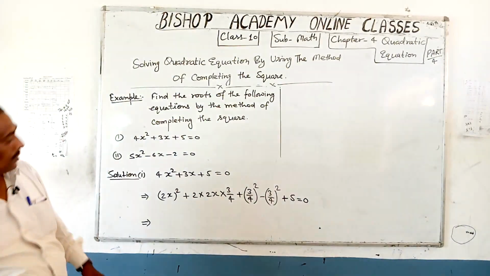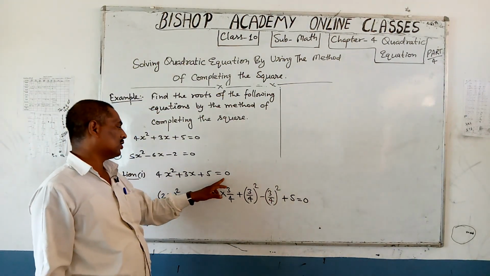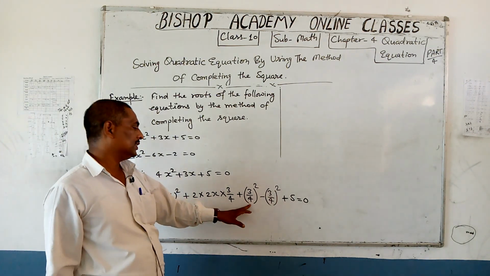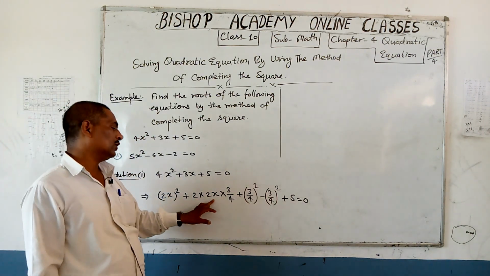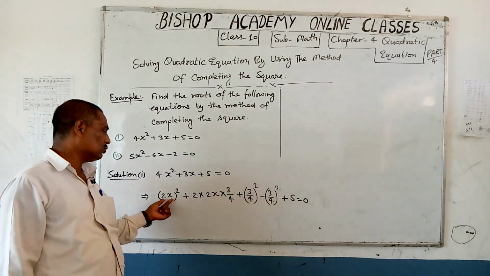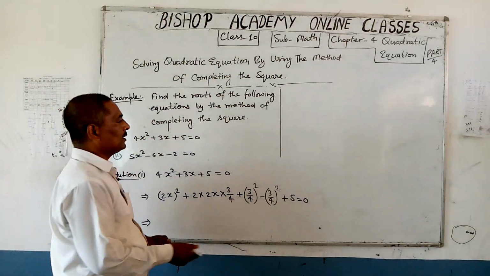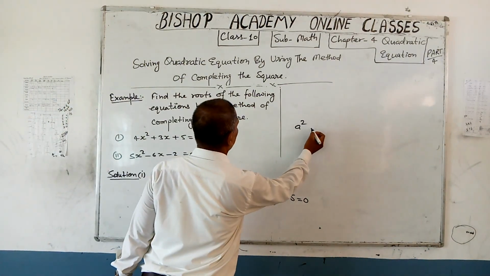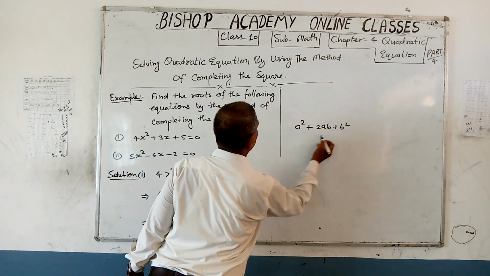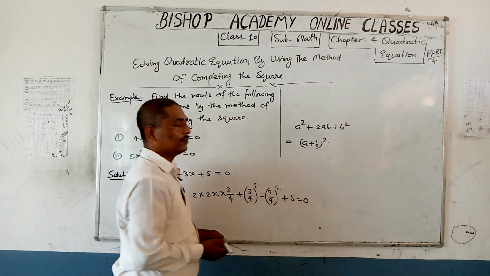In this way, you express 4x square plus 3x plus 5 is equal to 0 as a square plus b square plus 2 into a into b, in the place of a meaning 2x and b meaning 3 upon 4. So you know that when any expression is in the form a square plus 2ab plus b square, you write this expression as a plus b whole square.